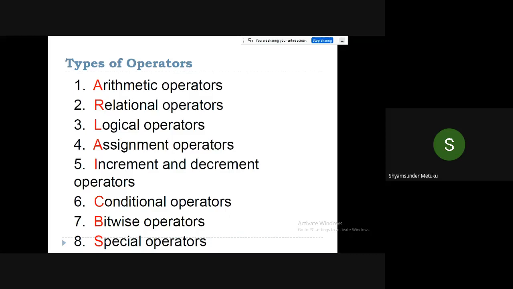Then comes bitwise operators. For electronics engineers, I think the group of bitwise operators is more important. For other branches of students, it may not be so different, and it is just an operator. Whereas for us, in the future, we are going to develop embedded projects or electronic related projects by using a computer. I think bitwise operators are widely used. Then comes special operators, which do not come under any of the above said types of operators. So let me go one by one.